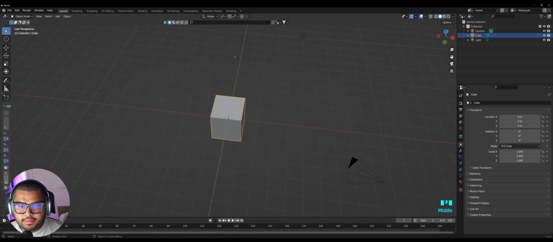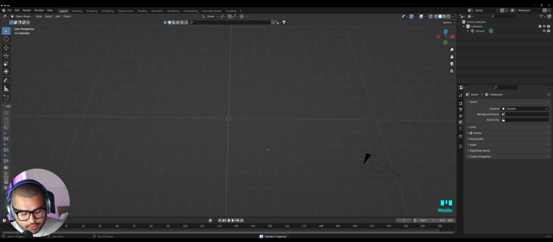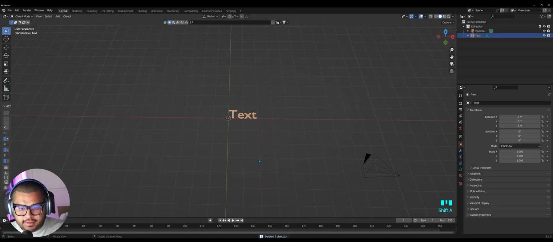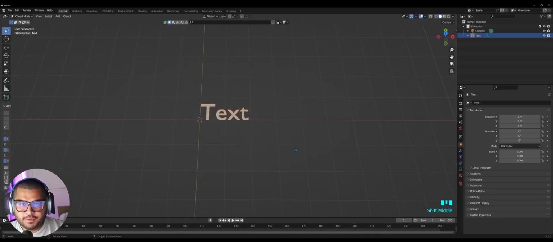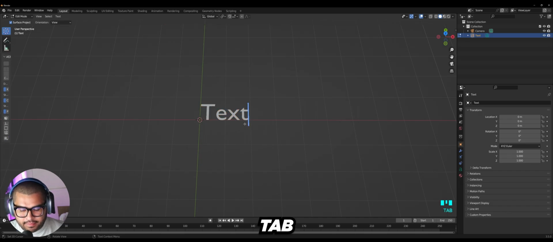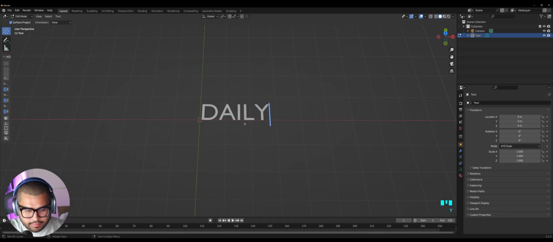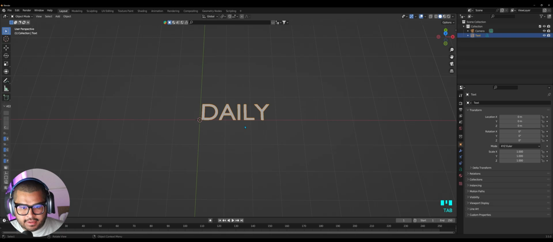First things first, open up Blender. Then pan over, delete the cube and the light. Then do Shift A, go to text, zoom in. And for the text, I'm going to be using the phrases daily reminder, stick to the vision. But for the first text, I will be using daily only. So hit tab, then enter your text, hit tab again, then go over to your object data properties,